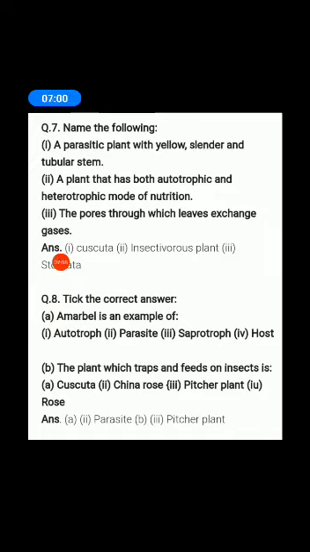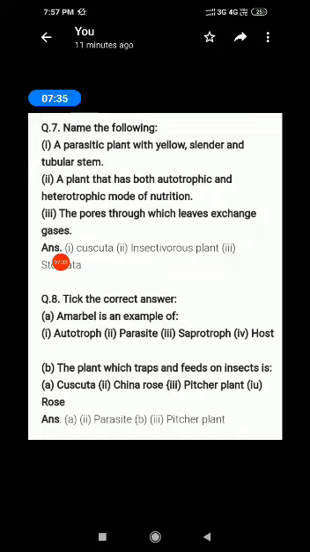Tick the correct answer. First one, Amarbel is an example of, listen to the options: autotroph, parasite, saprotroph, host. Which one is the correct answer? Yes, parasite. Amarbel is an example of a parasite. Okay, next. The plant which traps and feeds on insects is